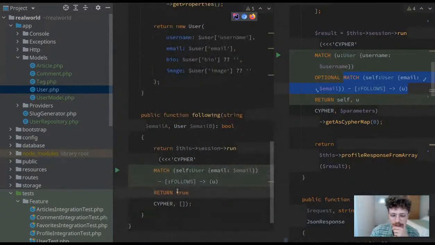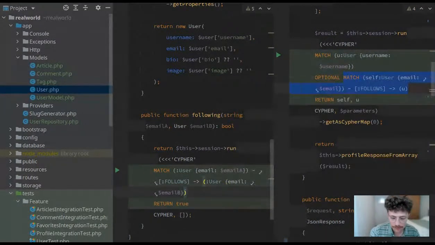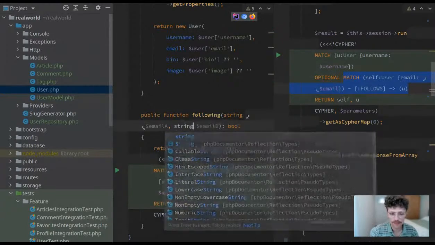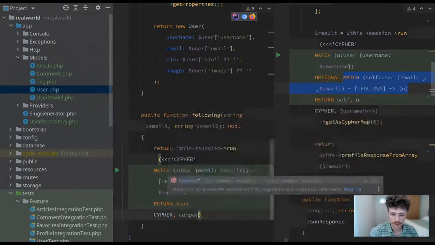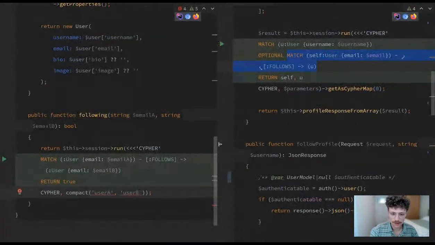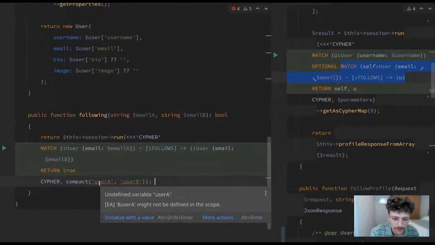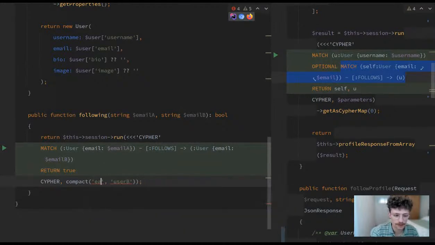So basically what's going to happen is we will match it based on email A, and then we got user email B. I think let's make it a little bit clearer. Email A, email B. What's it complaining about? Undefined variable. Yeah, so that should be email A,